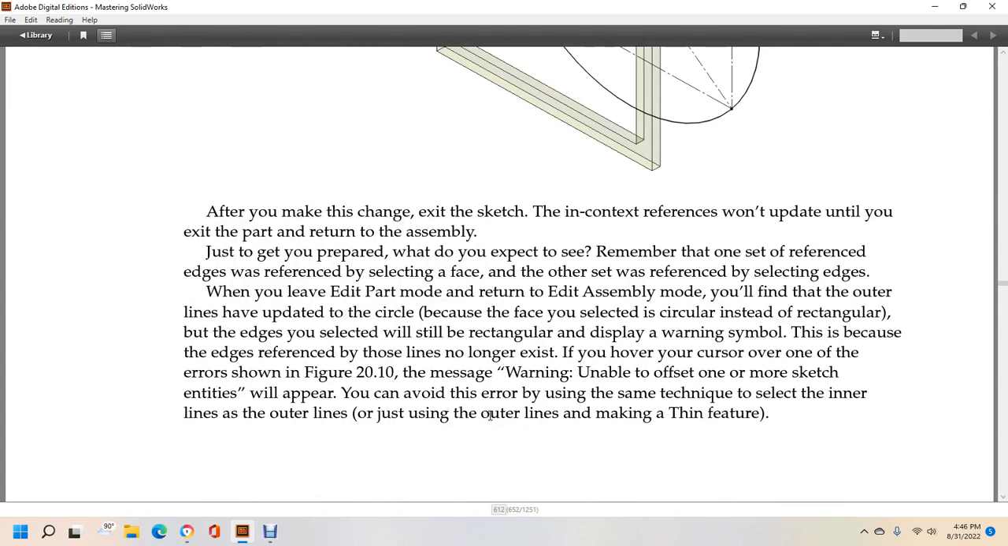After you make changes, exit the sketch. The in-context reference won't update yet, but the next step will return to the assembly. What do you expect to see? Remember that the reference edge was selected by selecting the other part and selecting edges. When you leave edit part mode and return to assembly edit mode, you'll find the outer edge of the circle has become the face of the selected circle instead of the rectangular edges. The selected rectangle displays a warning symbol. This is because the edges referenced to the lines no longer exist. However, if you hover the cursor over the arrow shown in figure 30,